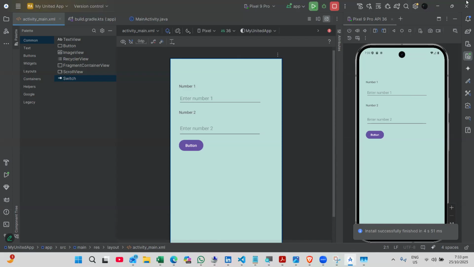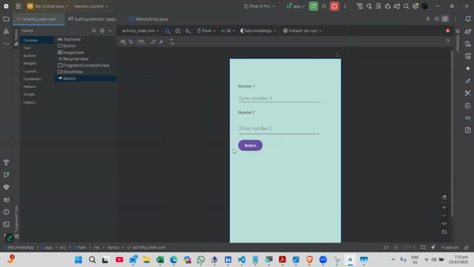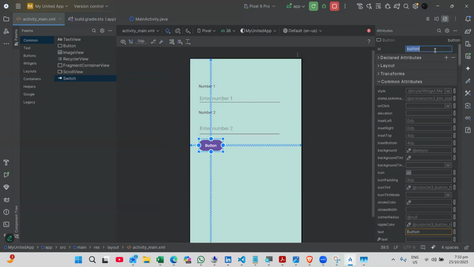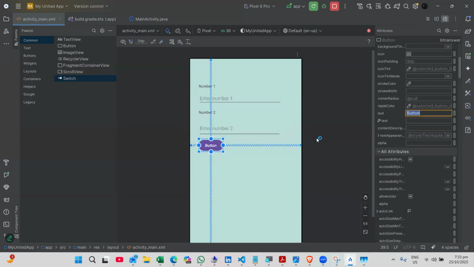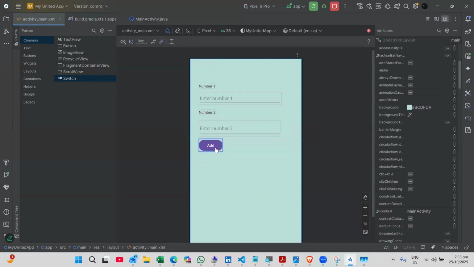With that in mind also, how do I then make it work? Because someone will come and then click here and type number one, someone will click here and type number two, and then when they click on the button, they expect a particular answer. So let's fix this. First of all, the button over here, I'll click on it. I'll go to attributes and I'll say that its system name should be BTN answer. I will also go down here and say that the text property of it should be add,